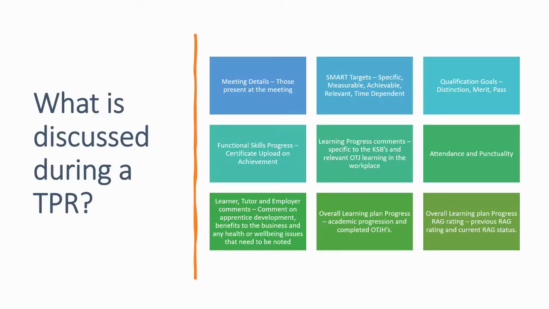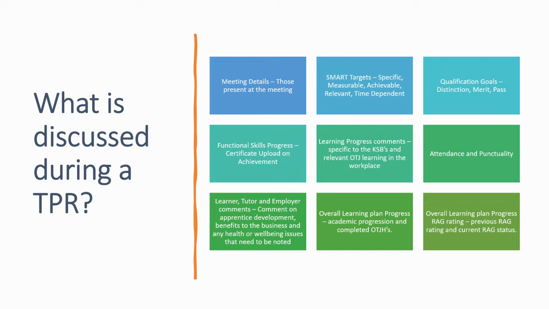So we will demonstrate this through our live demo, but for now we can see here that there are a number of areas discussed during the TPR. So, for example, SMART targets. These are targets and milestones which will be discussed and set and then reviewed throughout the programme. These targets should be made in relation to the apprenticeship standard,